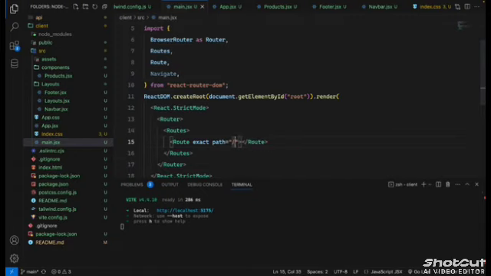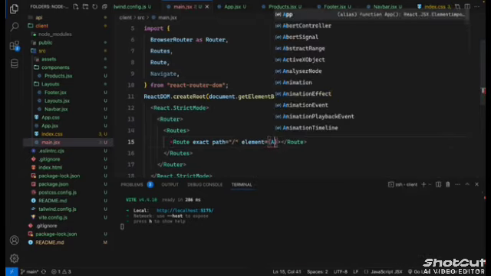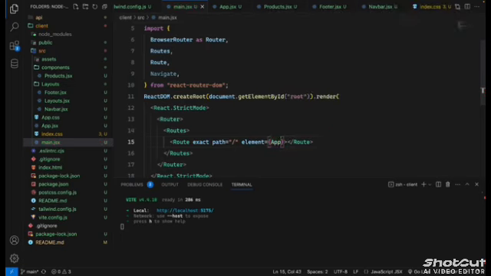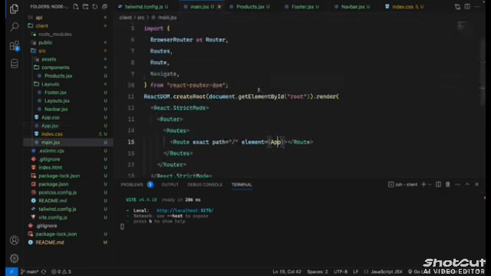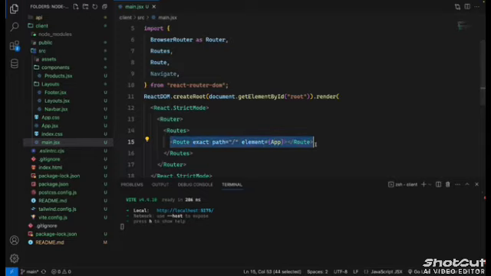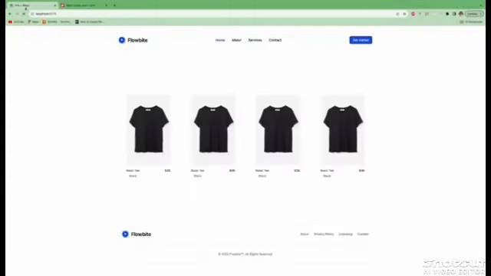Okay, for the home page, I will say like this, and then element will be our app component. So I will close the other. Okay, so we have our first route, the home route. I will go and check, and it's still working. No, it's not working. So this may happen if you extend component from render, or maybe you meant to